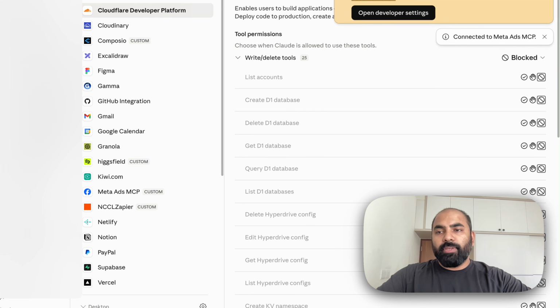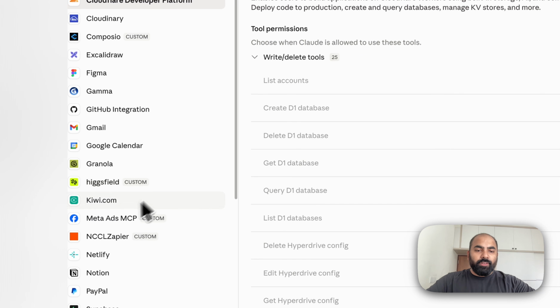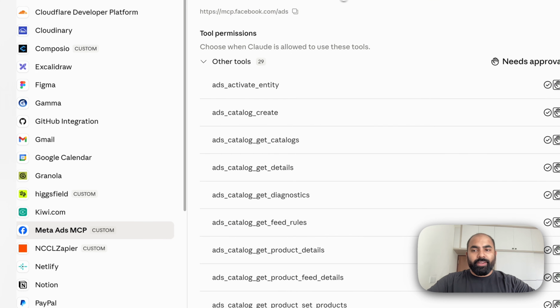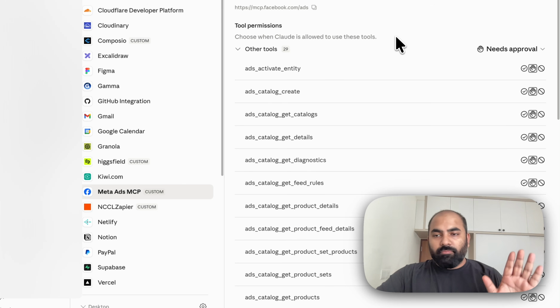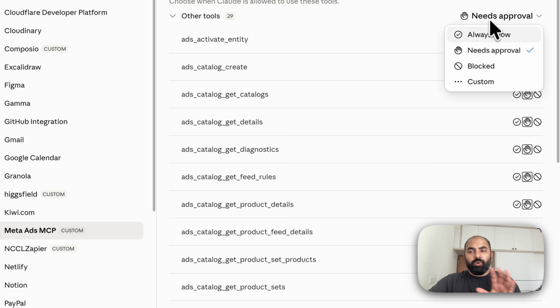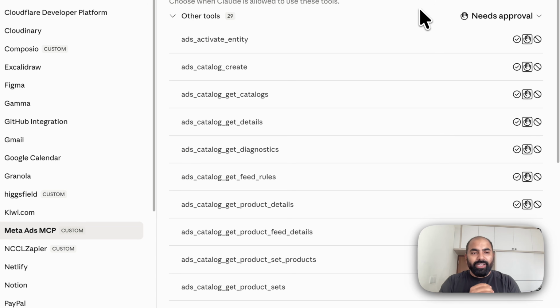This is a different MCP. You can ignore it. But if you see in the list, Meta Ads MCP is now connected. Here you have 2 options. One, you can leave the default approvals. Right now by default, it just says needs approval. So whenever you run some command, it will ask you